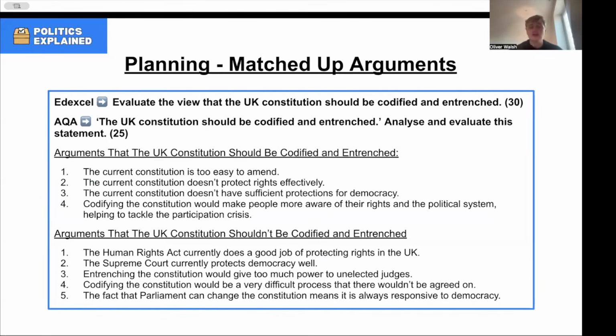So the current constitution is too easy to amend, is a key argument. It should be codified. It doesn't protect rights effectively. It doesn't protect democracy effectively. And codifying it would make people more aware of their rights and the political system, helping to tackle the participation crisis. On the other hand, we can argue, actually, the current constitution shouldn't be codified because it does protect rights